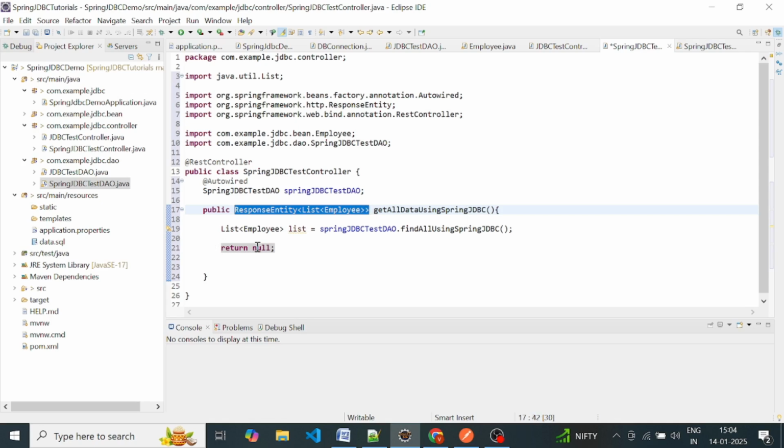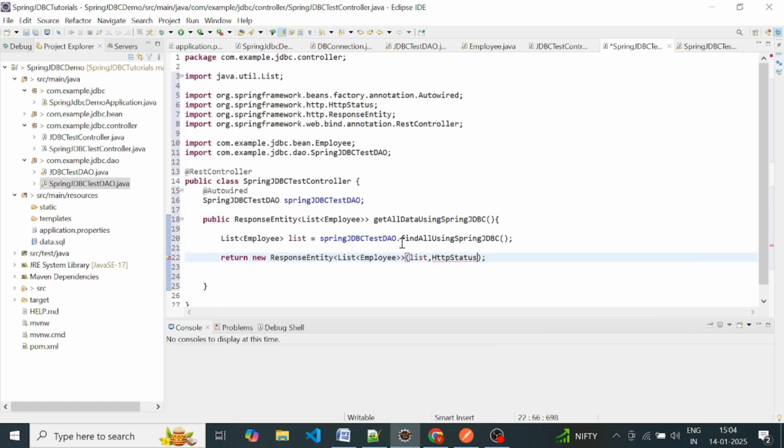So copy this and create a new object of ResponseEntity and send your data here. So the first parameter is the list, and the second parameter is the HTTP status. The status code is OK,